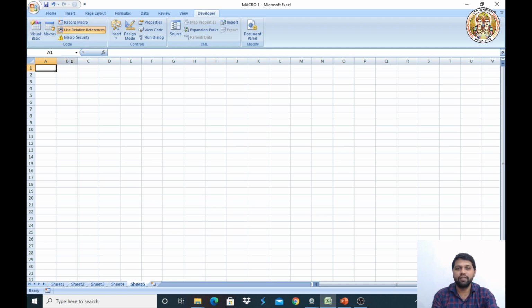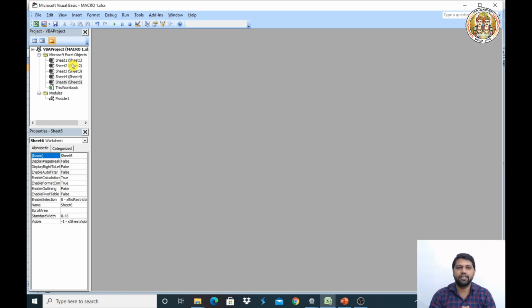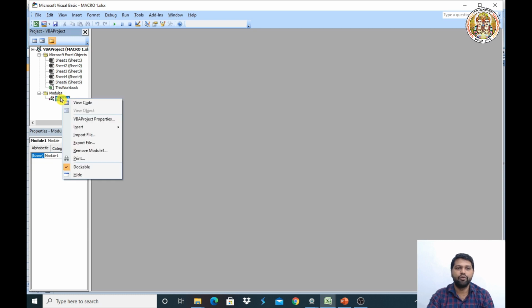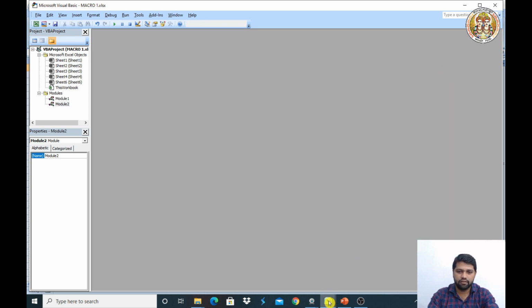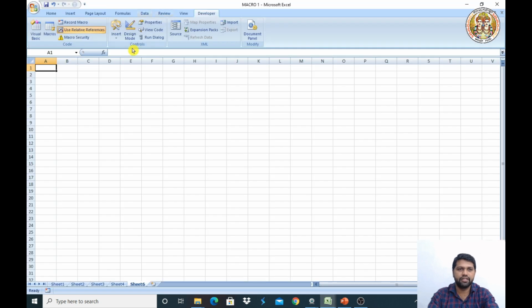To go to Visual Basic for Applications, we have a shortcut, that is Alt F11. Alt F11. This is the shortcut, right? And here I want to create a new module: Insert, Module. Also we have one more way. Go back to the Excel sheet.